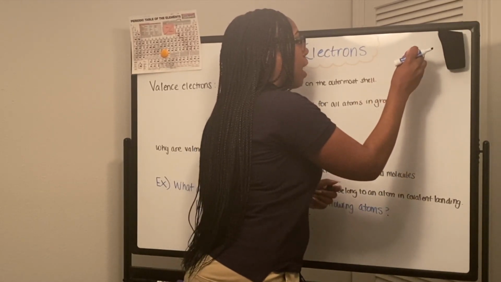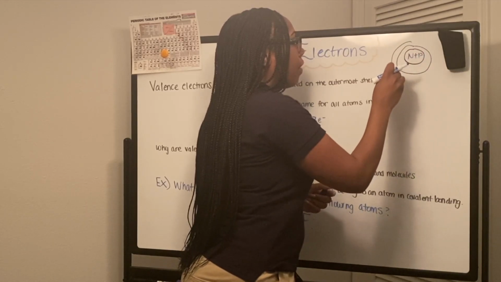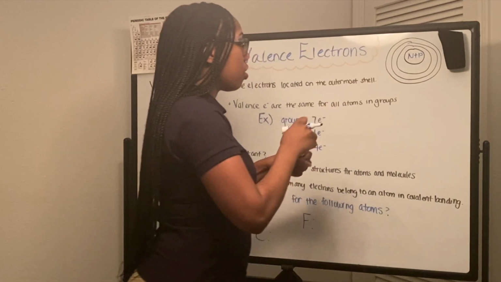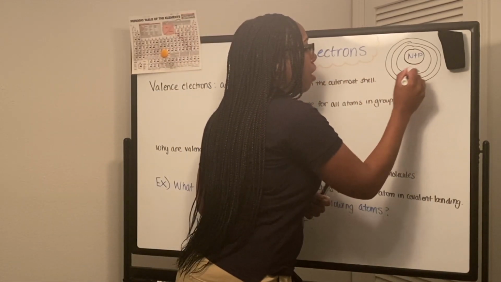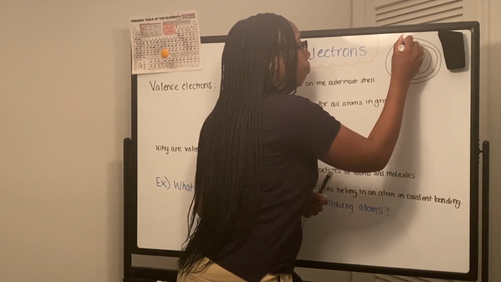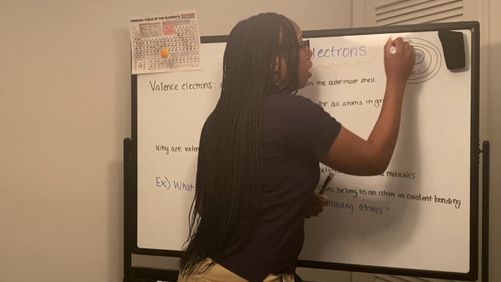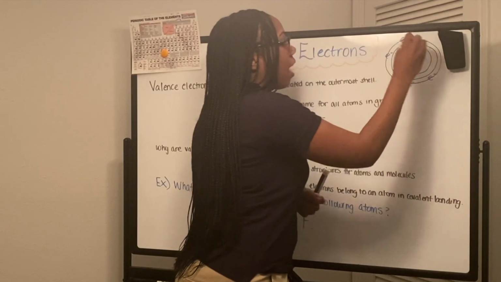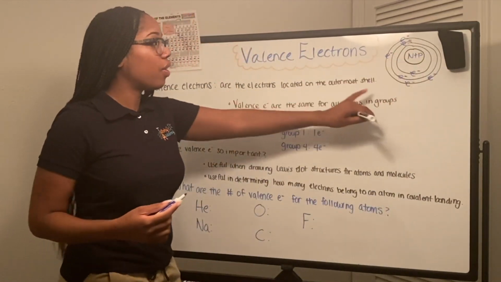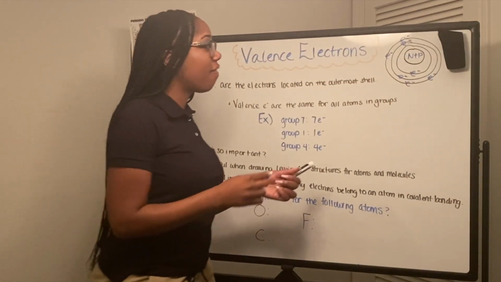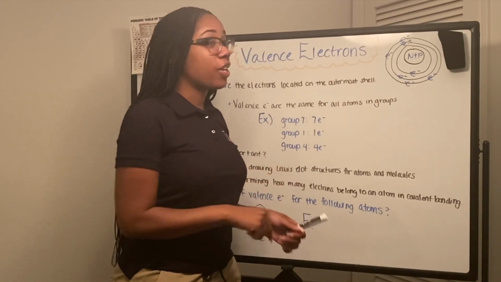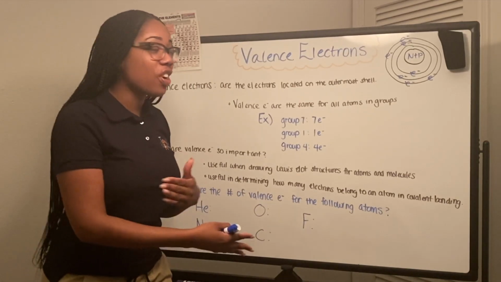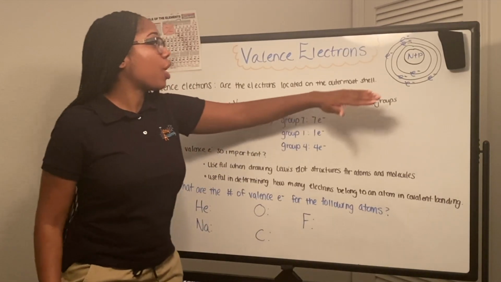And then on the outside, we have these different subshells, and these subshells are where our electrons are located, okay? Now, these electrons that are located on the outermost shell are called valence electrons, all right? So get that in your head, you guys, that valence electrons are the electrons that are located on the outermost